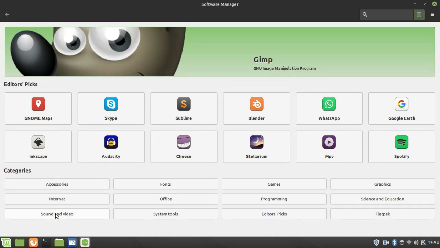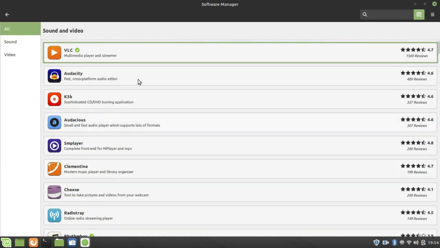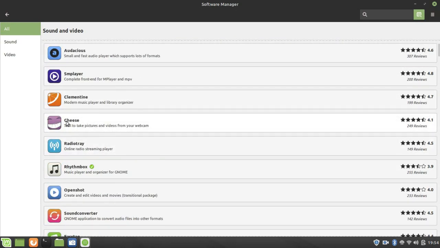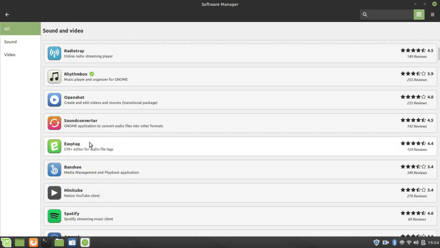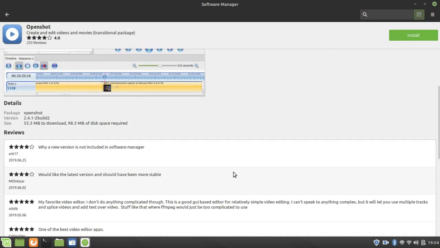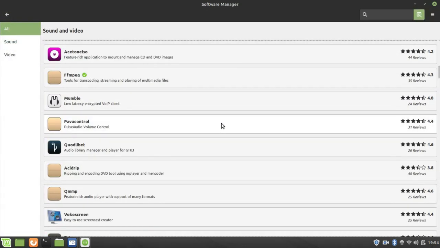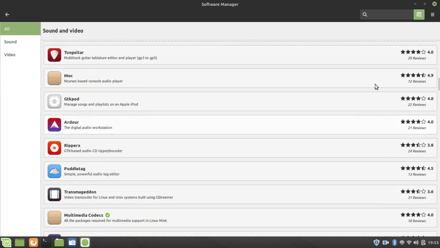You can also check out our sound and video, where, of course, you're going to get VLC and stuff like Cheese. I kind of want some cheese now. But yeah, now, OpenShot, which is a video editor, I think. I've actually never used OpenShot. Yeah, OpenShot's a video editor. Kdenlive should also be in here,